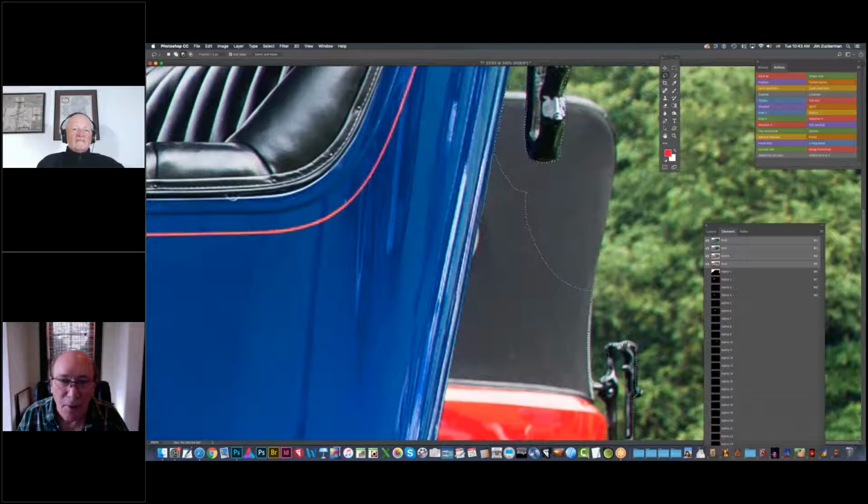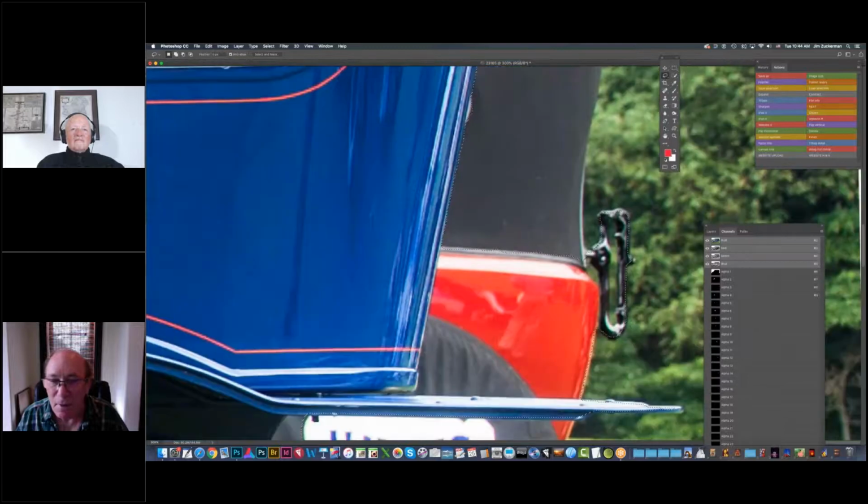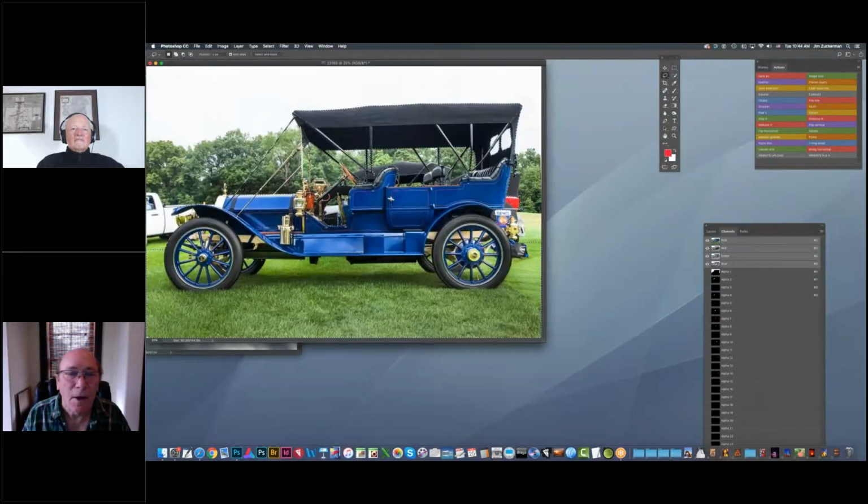I'll just do it fast because this is just for demonstration purposes, but this is how you can tweak a selection, adding and subtracting. Shift adds, Option and Alt subtracts. Again, I'm just doing this really fast. I think that's part of the other car. Okay, so we now have